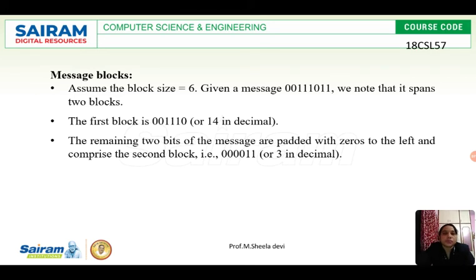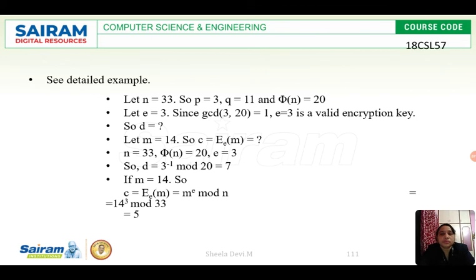This is what you are going to do using our Java program. So what I have done, as we said, is take 2 integers, P and Q, whose values are 3 and 11. What is the first step? As I said, n is equal to P into Q. So 3 into 11 is 33. So n is equal to 33.